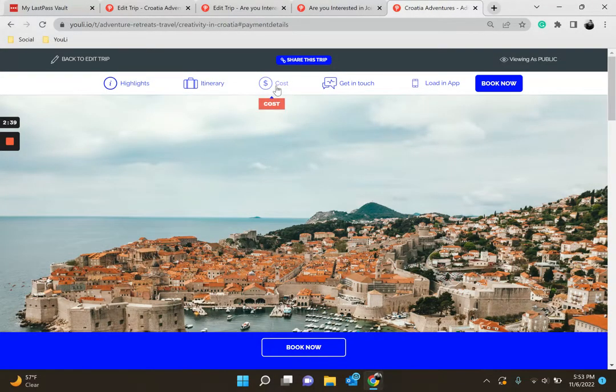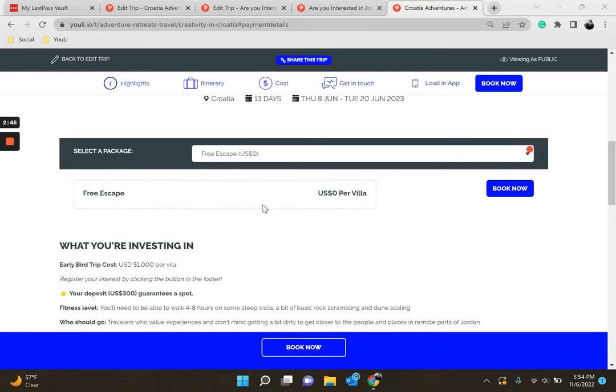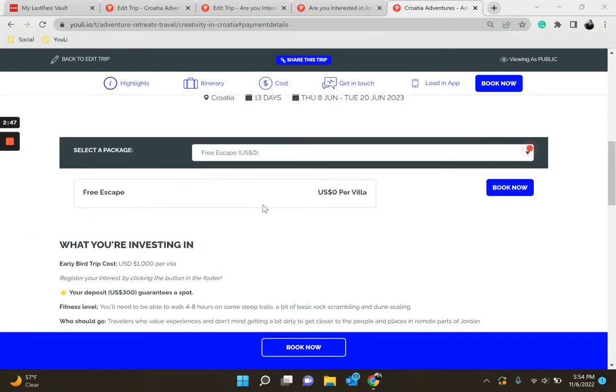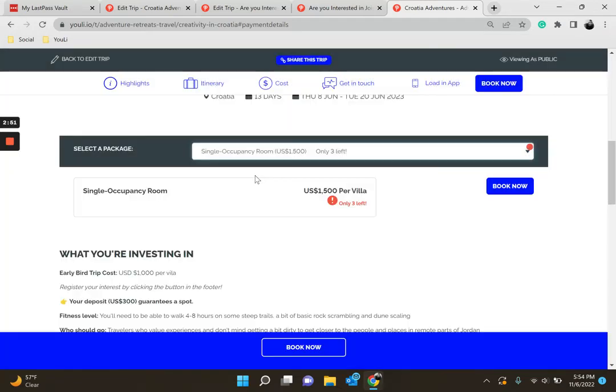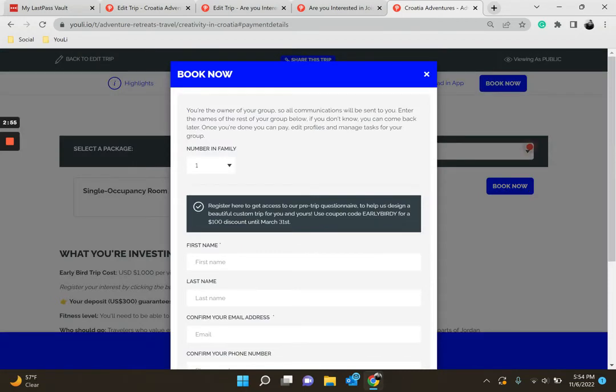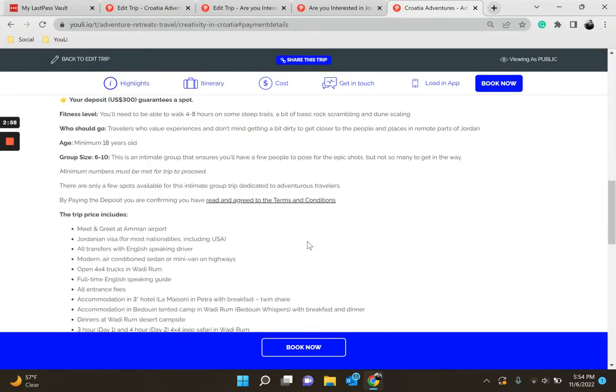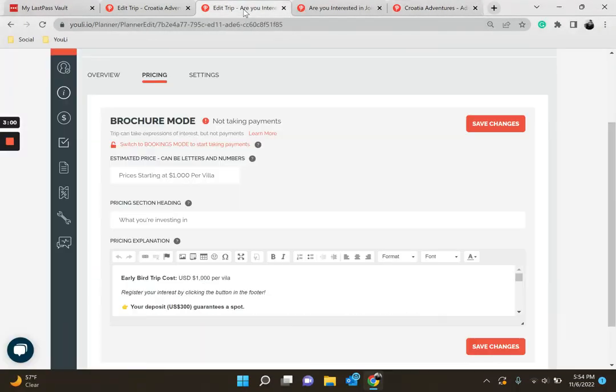Now, if we click to the cost, now that we're in the cost of the trip, you can see there are different price levels. And you can set which room you want to pick. You can click book and you can fill out your information and register. Once you're registered,